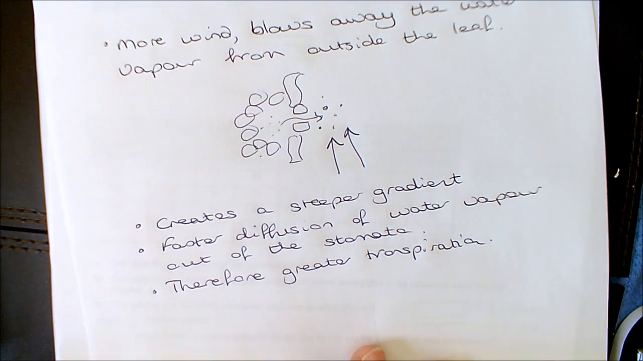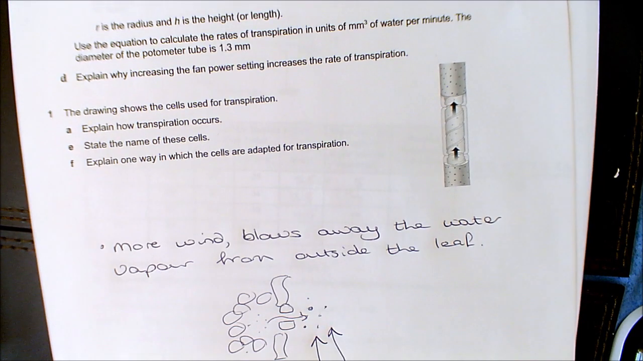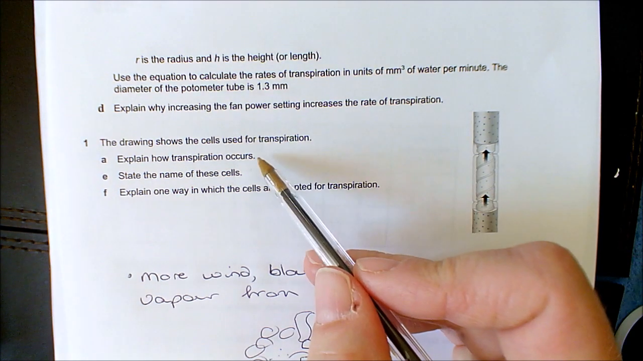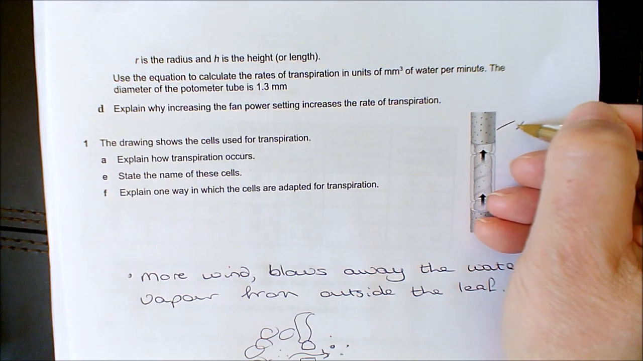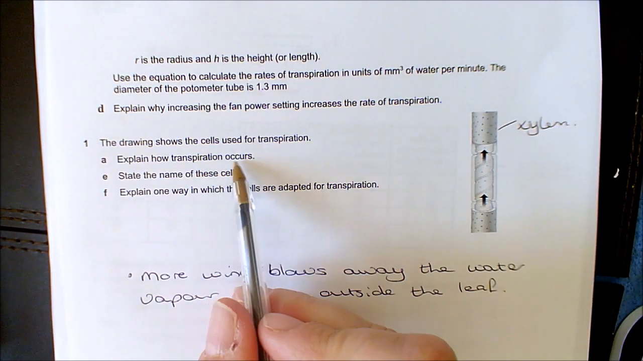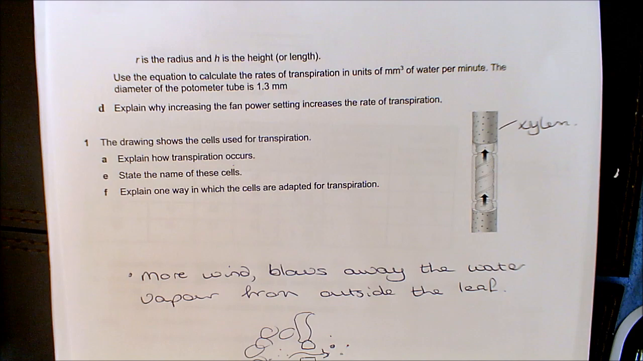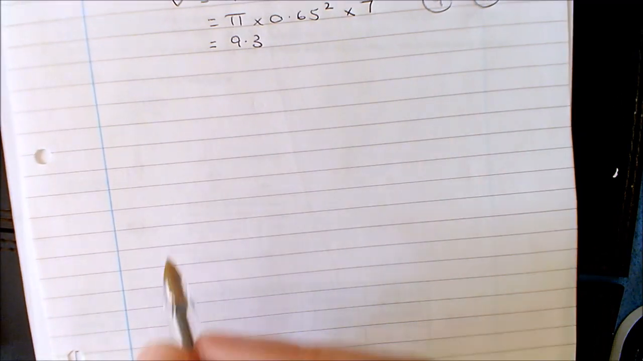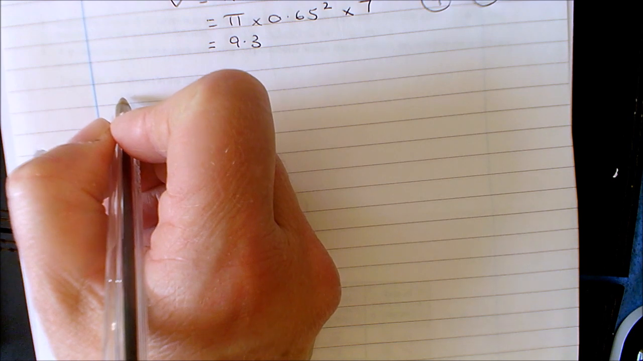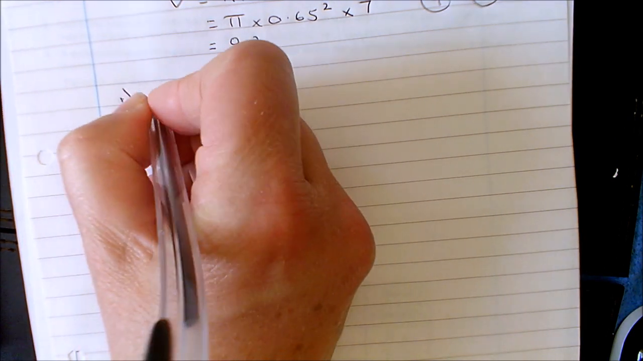Okay, right, let's look at the next question. So now it says, the drawing shows the cells used for transpiration. Okay, so we know that this is our xylem vessels. Explain how transpiration occurs. Okay, so let's get a piece of paper. So transpiration, the easy thing to do is to start at the bottom and think about water coming in through the roots, but remember when we're talking about transpiration we're always starting at the leaves. Okay, so number 1, so water